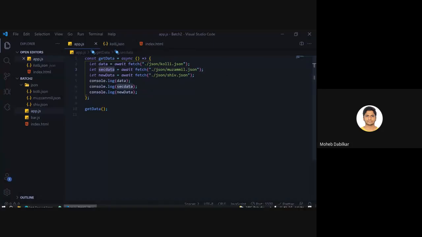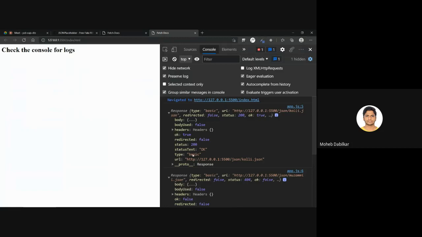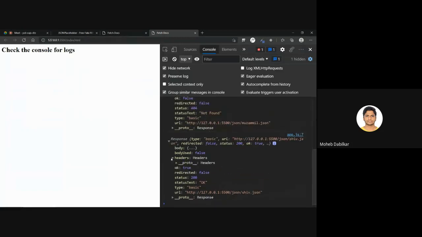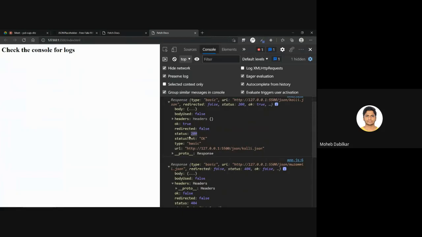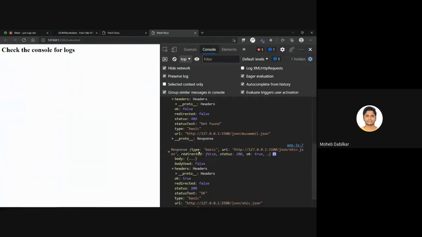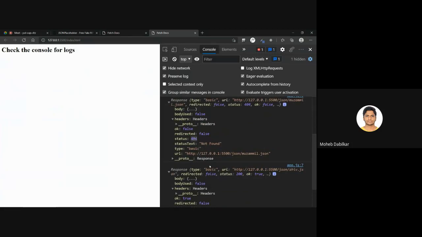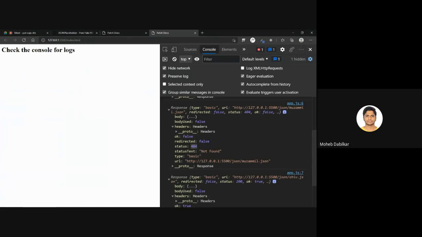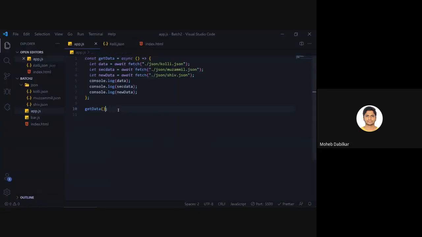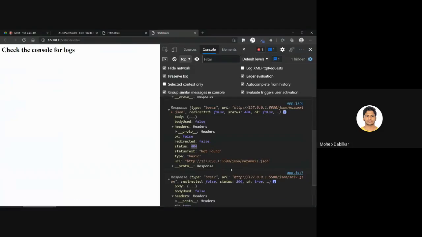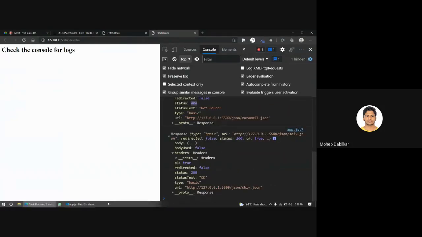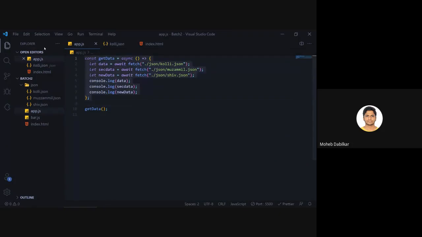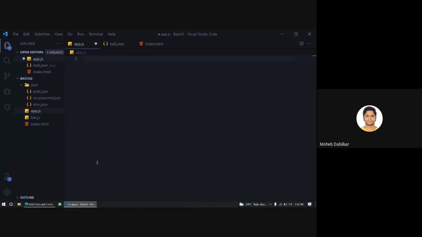Okay. So right now if you see this data, we have headers in all these files, and it handled the status also for us. So it says status 200, so it means okay. Then we have status 400, and then we have status 200. So over here our program was not interrupted. If you try the same thing with .then, our program would have been interrupted. So that is the benefit of using asynchronous functions. Okay, so that does it for the day.